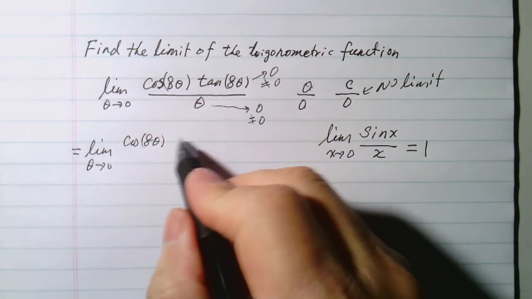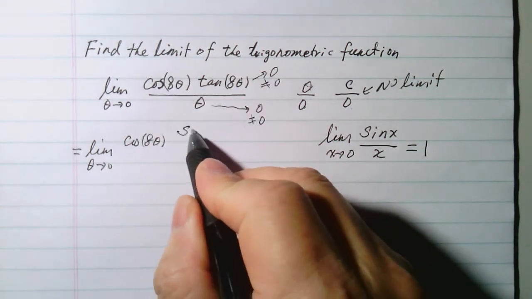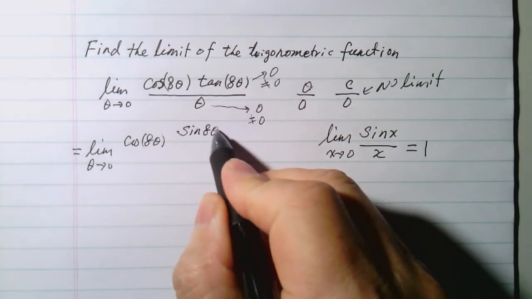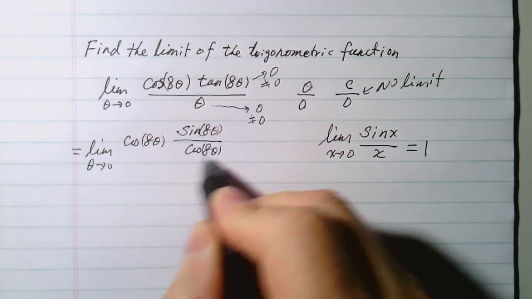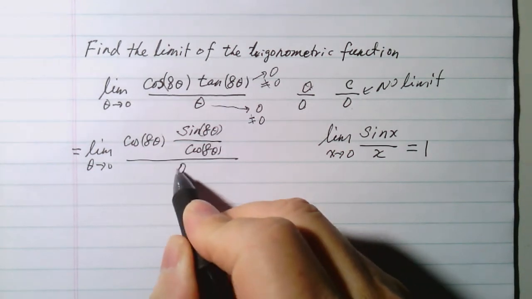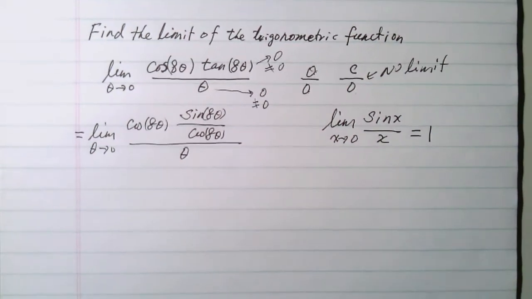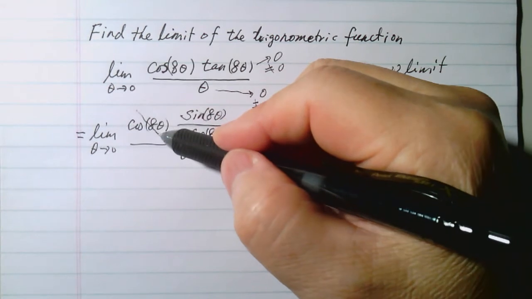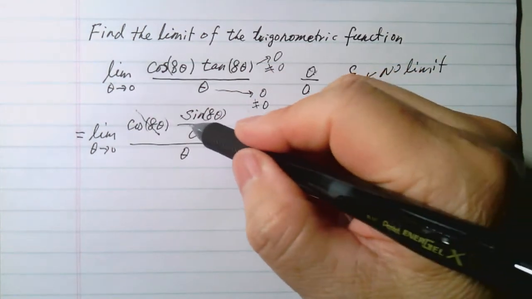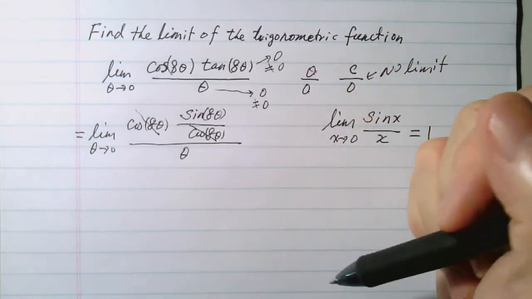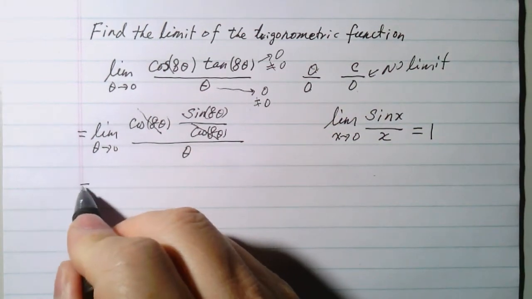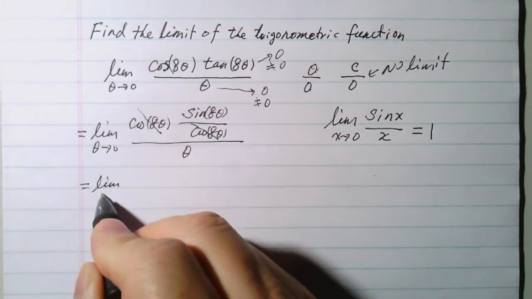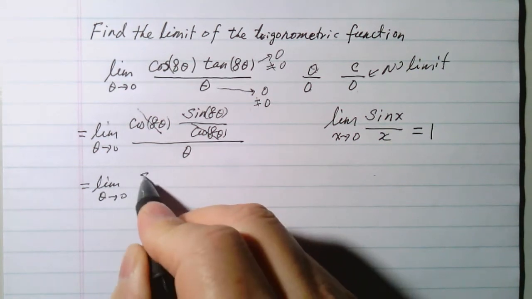Tangent 8 theta, I can write as sine 8 theta divided by cosine 8 theta. Now I have cosine 8 theta in both places, so you can reduce this. After you simplify, your new function is sine 8 theta